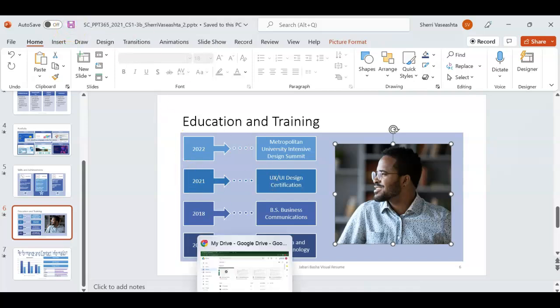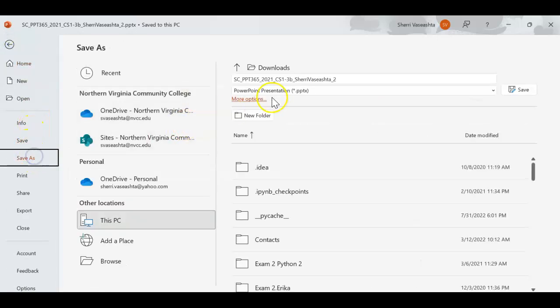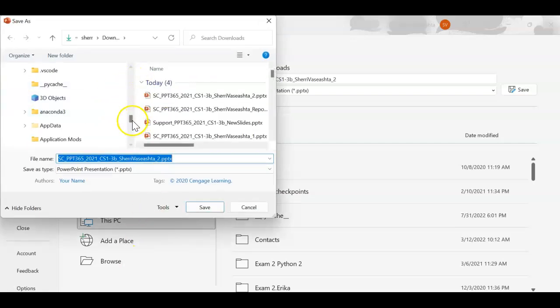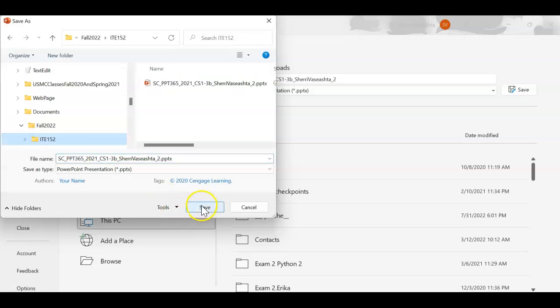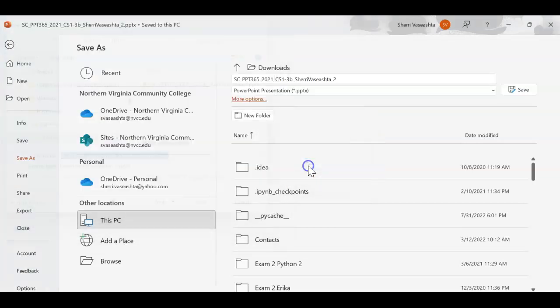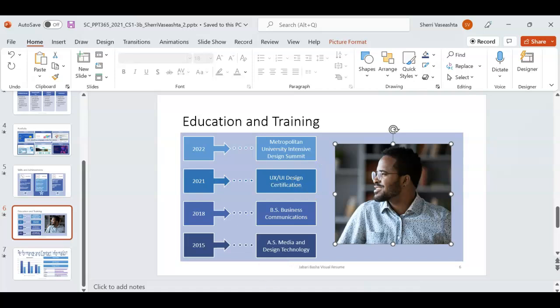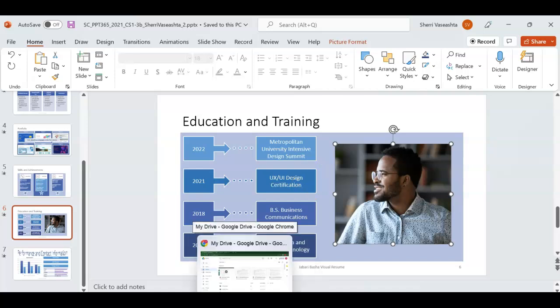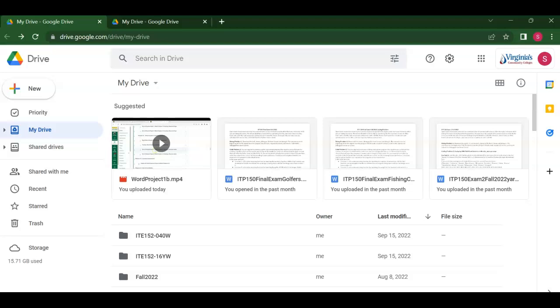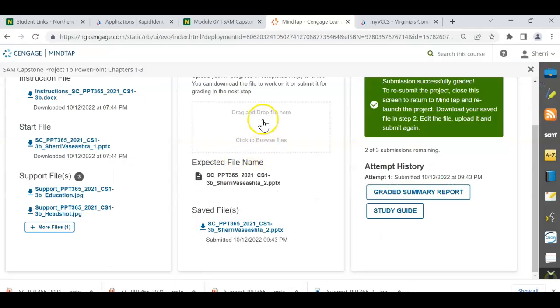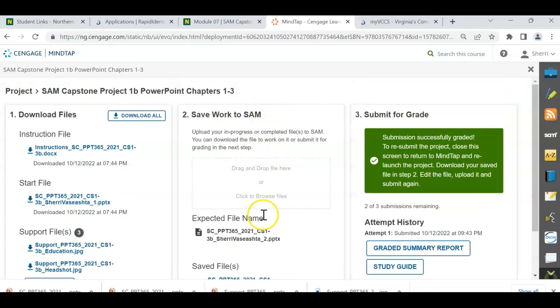And then I'm going to upload it again. Now this, I'm going to do a file save as and put it over the previous one, which was in my 152 directory. And let's hit yes. And then we'll go here and here. And then we're going to try it again. So I'm going to click, and then I'm going to